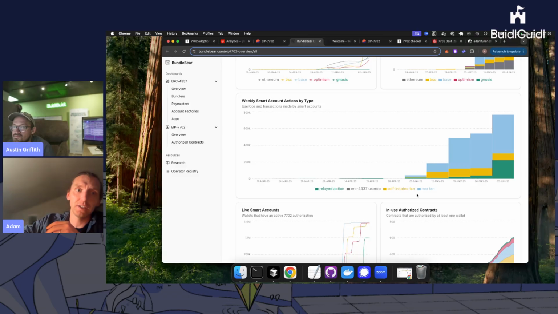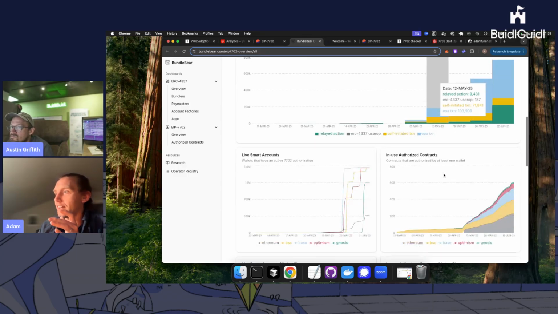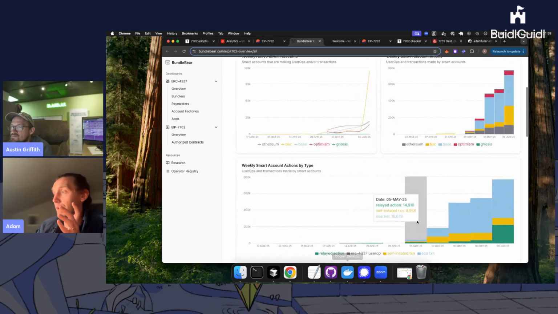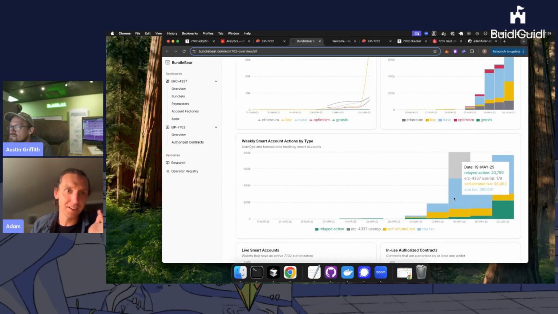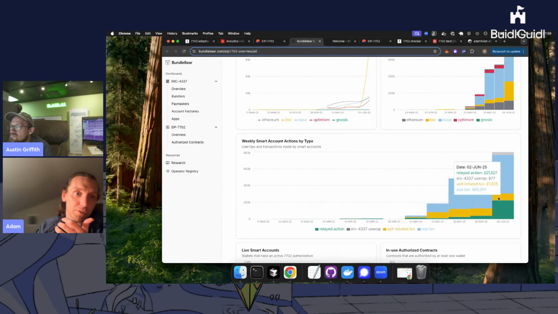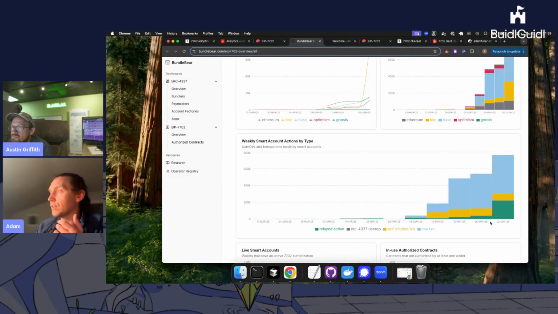some other contract. You could have an EOA transaction from your own EOA to your own EOA to execute some more like batch execute transaction, or you could have a 4337 user op type transaction, or you could have a relayed action by some other account abstraction relayed thing. So you have a bunch of different ways. So actually tracking that is non-trivial, but thankfully this number, the non-crime number, is up and to the right as well. Obviously, this is actual real usage of these delegated accounts, and you can see that